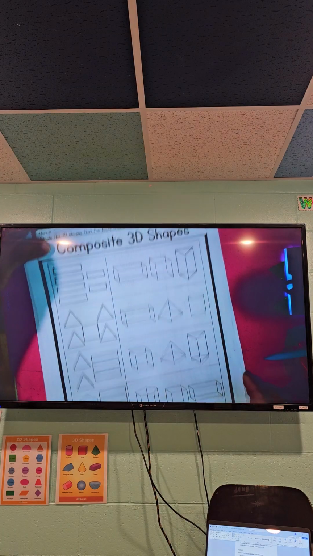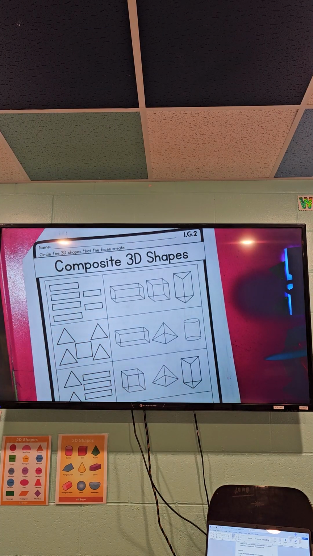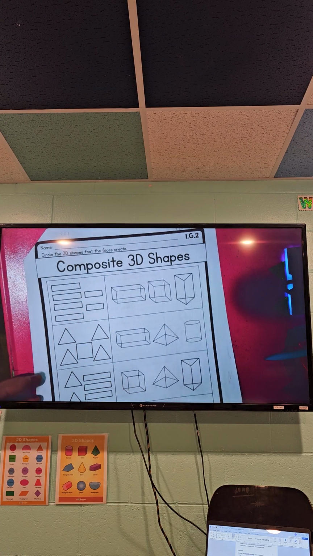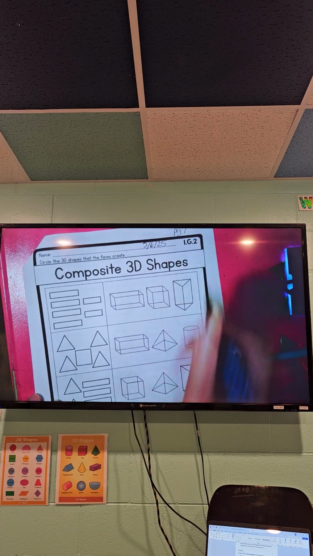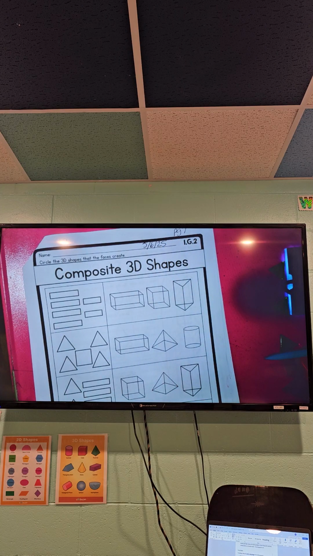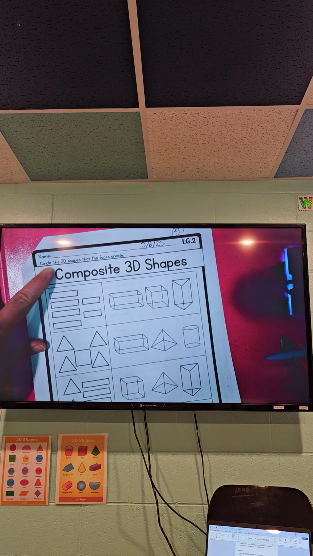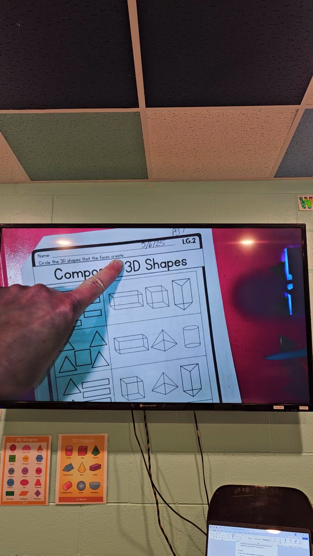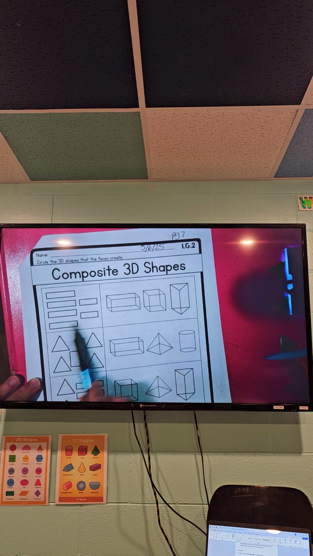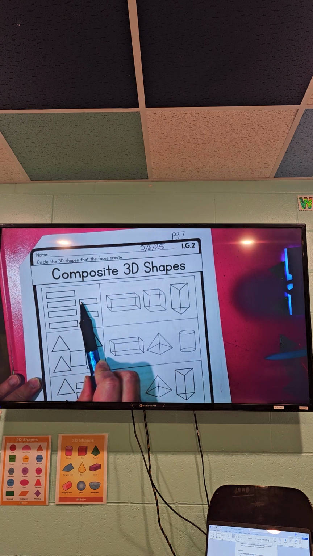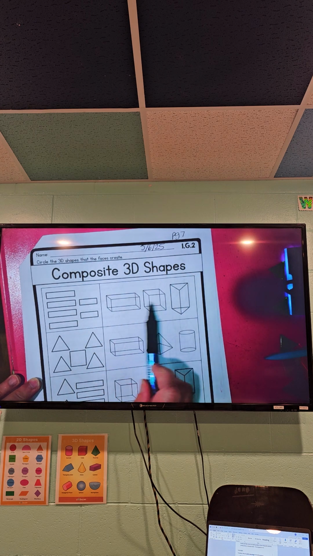All right, so we're on page 7 of your packet. So turn there. Name and date. So this will be 5, 6. And the directions say circle the 3D shapes that the faces create. So we have to look at these faces and determine, if we put them all together, what shape will they